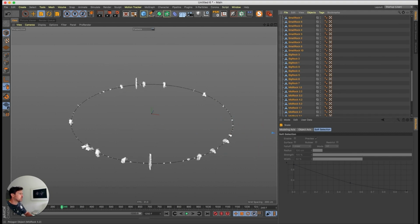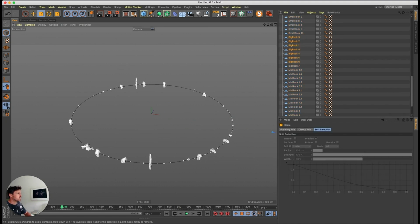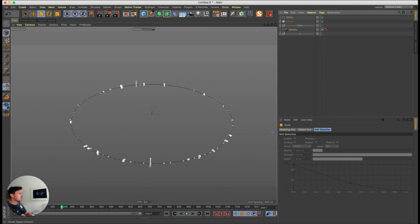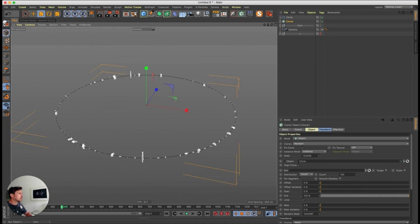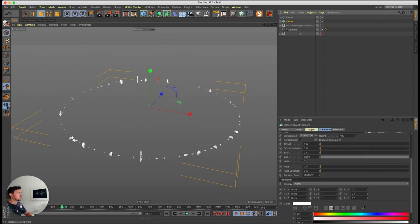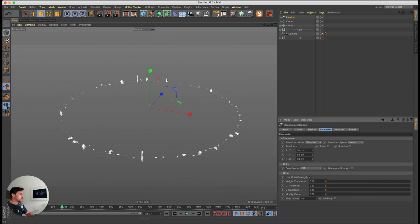I think I'm going to make my big rocks smaller as well, just manually. Just grab them, doesn't matter too much, I'm not being picky. And then to create some of the movement, I'm going to hide the circle for now, don't really need it. So let's put a random effector on there just to move them around a bit, pull them off the spline a bit, and